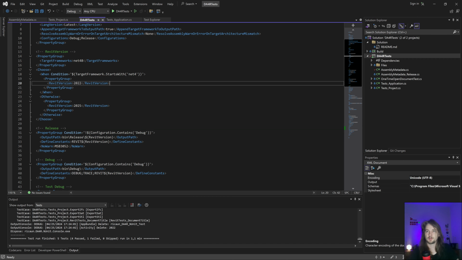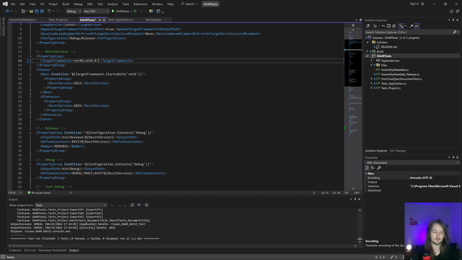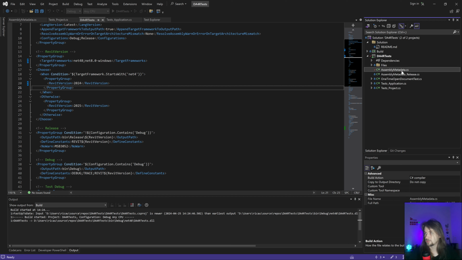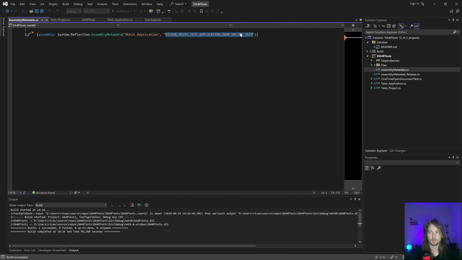Let's change it here and add the new version here. Net 8.0, Windows. Yes. Let's change this to 24 just for fun. And let's build again just to make sure. And I cannot use this same one. I need to use a different one. That's a little annoying, but yeah, because